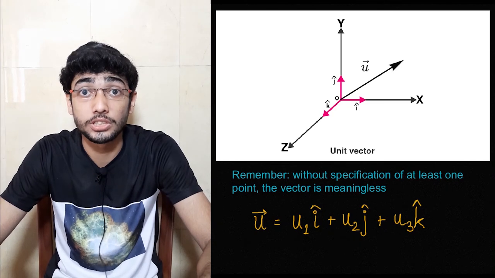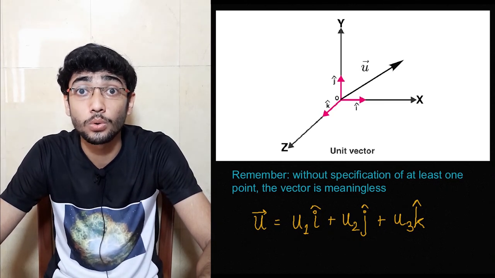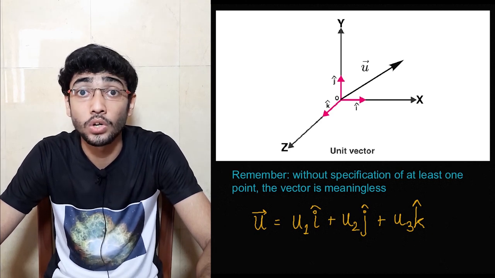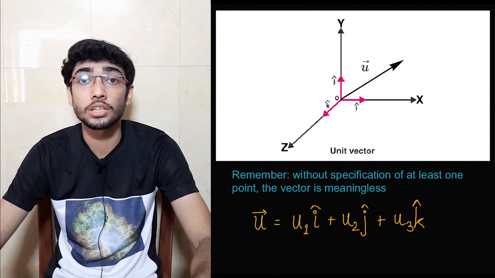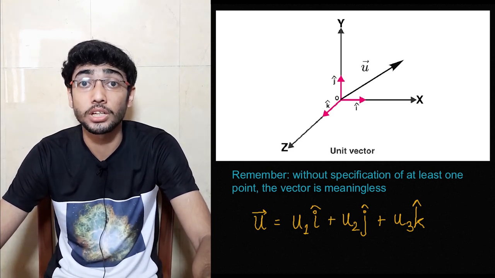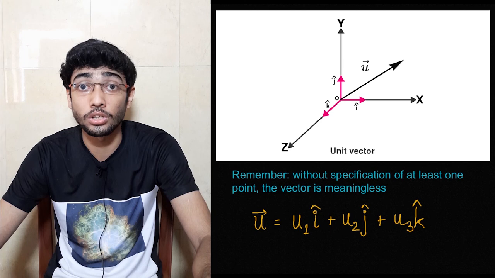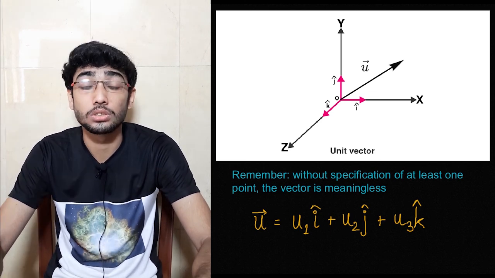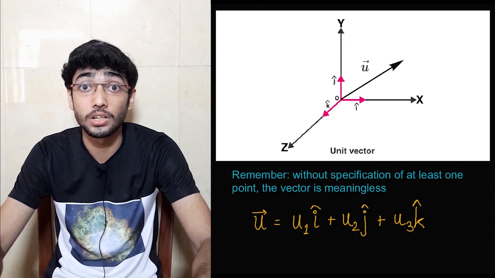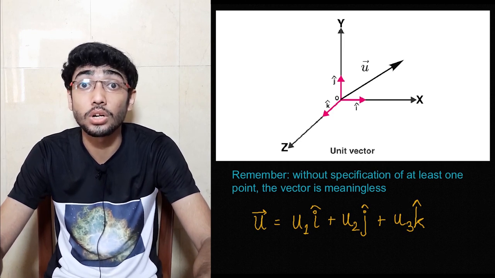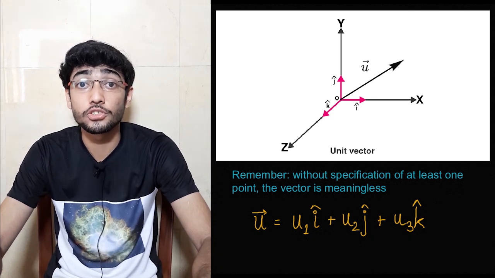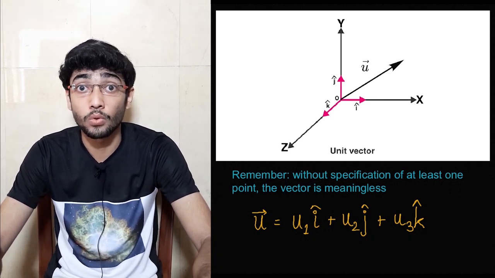Now, if we want to represent a three vector, we use three orthogonal bases or unit vectors, one along the x-axis, i cap, one along the y-axis, j cap, and one along the z-axis, k cap. You can think of a vector as an arrow pointing from an initial point to a final point in a coordinate system. For our convenience, we take the origin as our initial point. Now you can represent a three vector u vector equals u1 i cap plus u2 j cap plus u3 k cap, where magnitudes of i cap, j cap and k cap are 1 each.